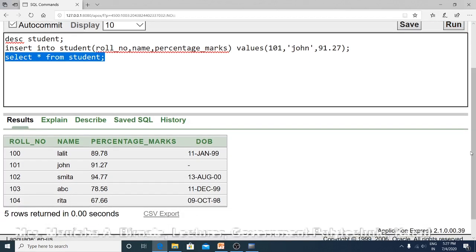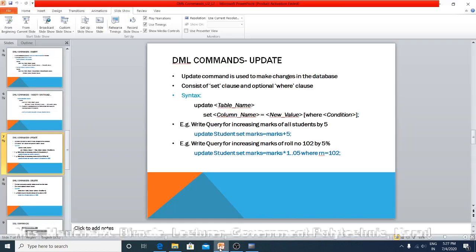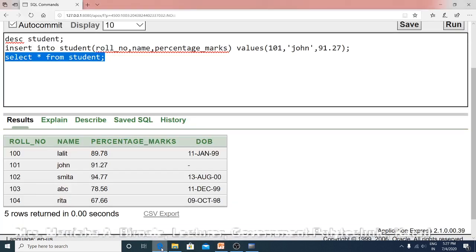So these are contents of our student table. Now let us update. What we have to do? We have to update marks of all students, increase marks of all students by 5. Means we want to update all the records. So there is no need of where clause. So let us type that command.